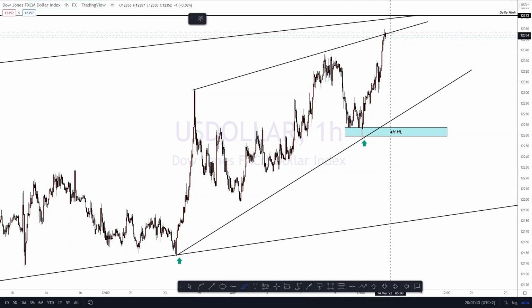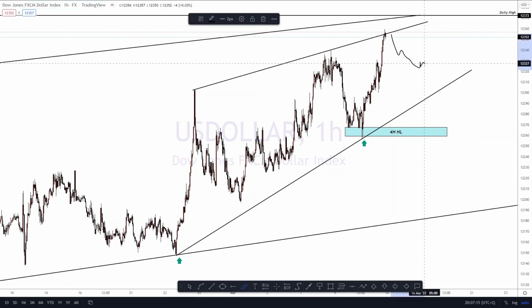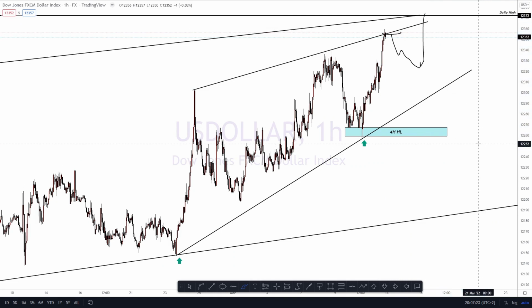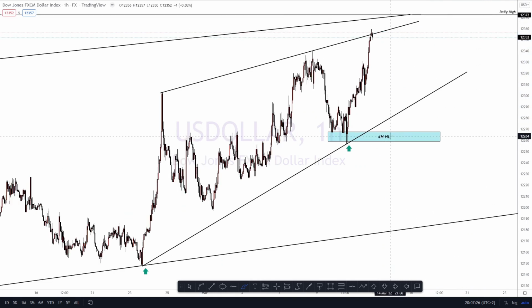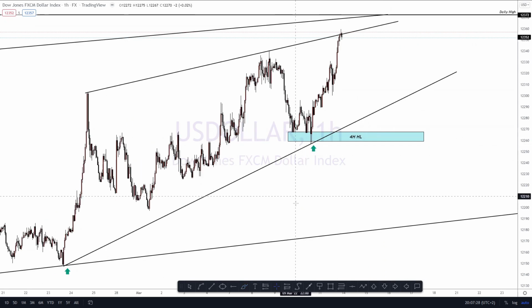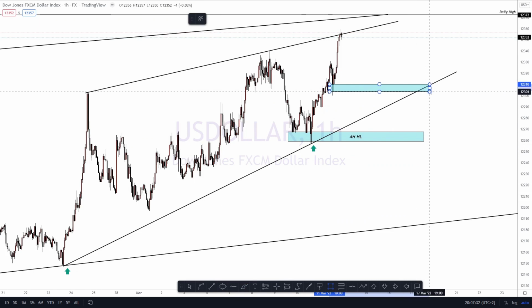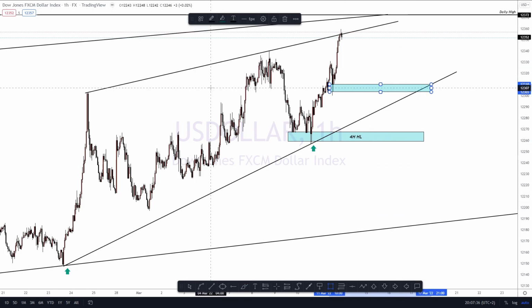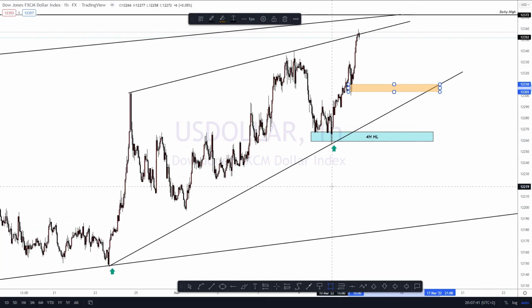trap, because price could just come down and then make people think it's selling and then hit the stop loss, because stop loss would be up here and then from there it would drop. But for now, because this is just an index, we just wait to see what will happen. For our perspective, we would be anticipating that price would just be breaking below this. As soon as price breaks below this, that's when we'll be anticipating to see sales or anything. Then this is the only thing that we have on dollar index.